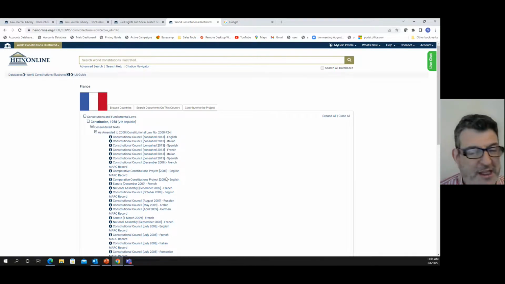So this is something that if you have any professors going on sabbatical, say to another country, and they want to take a gander at the Constitution of that country, boom. Of course, World Constitutions has tons of U.S. materials, whether you're talking about the powers of the presidency, the Bill of Rights, the Commerce Clause, search and seizure, any key aspect of constitutional law for the U.S., that's also in the World Constitutions.